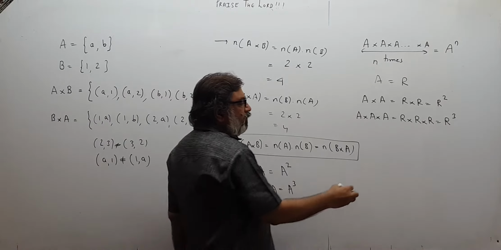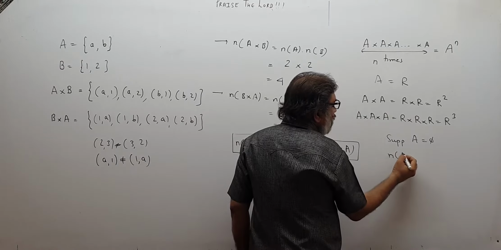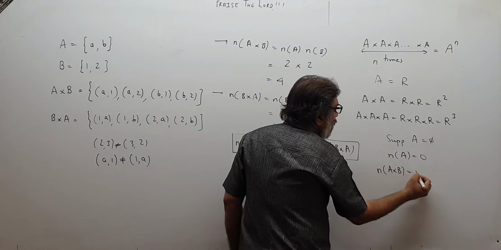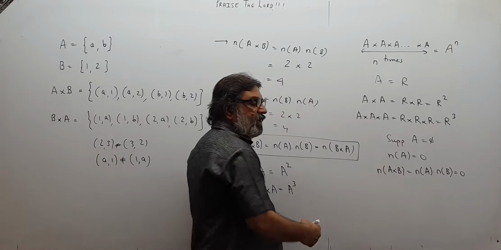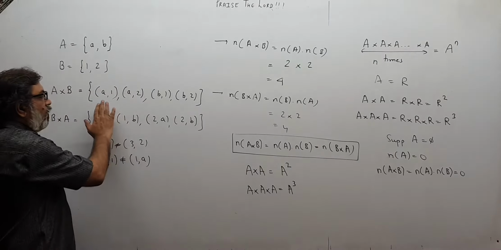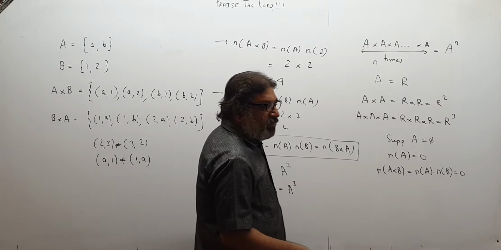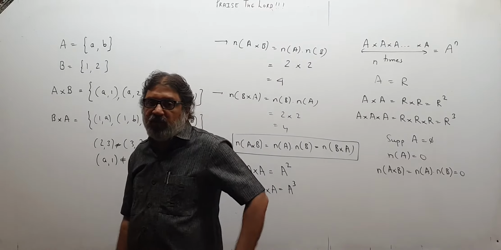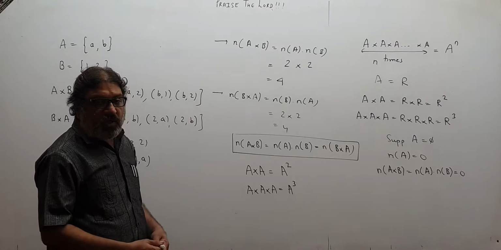we assume, suppose A is null set. Okay, so what are the number of elements of A? That will be 0. So what will be number of elements of A cross B? That will be NA into NB, and that will be 0. And therefore number of elements in B cross A also will be 0. So A cross B will have no ordered pair, and B cross A also will have no ordered pair. They will be empty sets. So out of A and B, if any one of the sets is null set, void set, empty set, then A cross B also will be a void set. So this was just an introduction about ordered pairs.